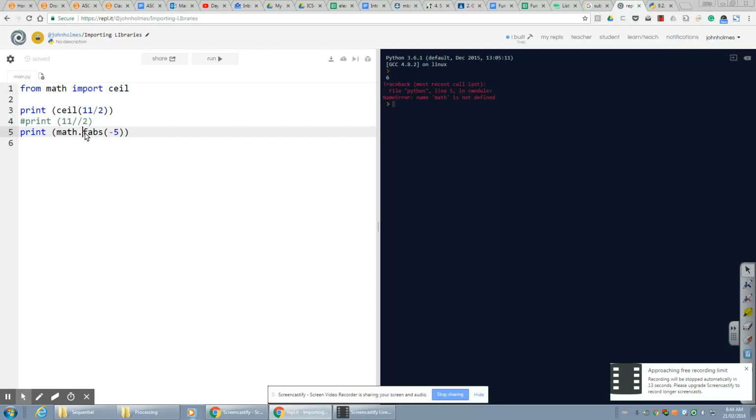So finally, if I want this to work, I can import both ceiling and fabs. So now from math, import ceiling and fabs. I now have access to both of these. All right, so that's